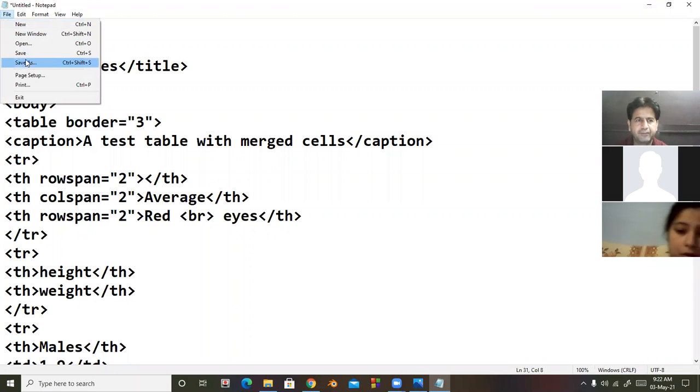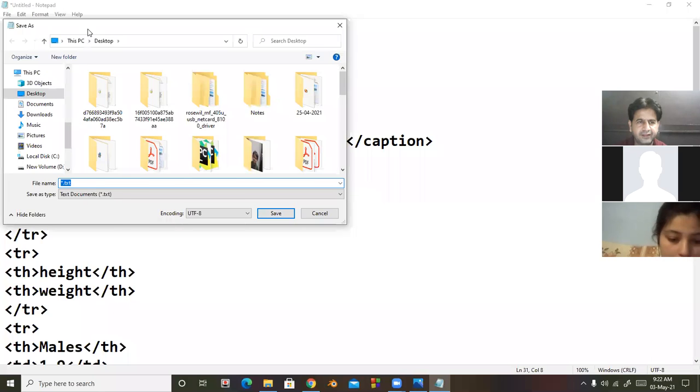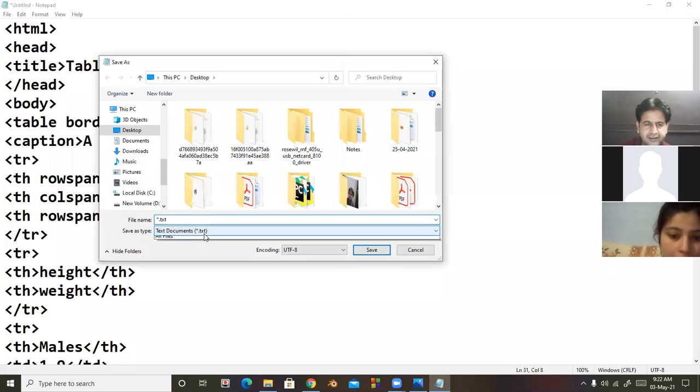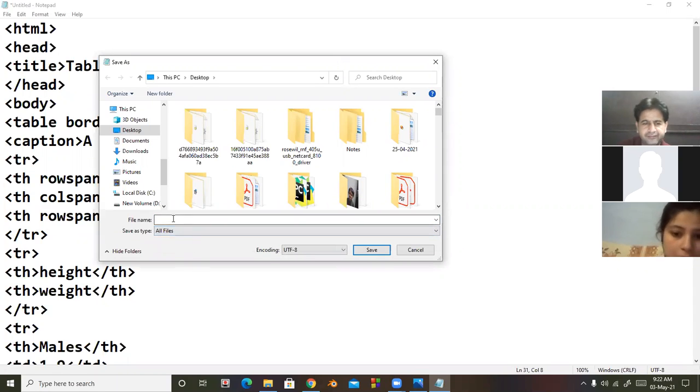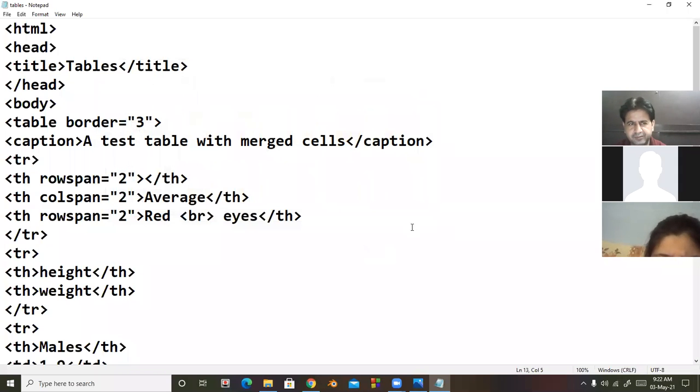Now I'm saving this table or this file. I click on the save button and select file type as all files. Name of the file is tables.html and then click on the save button.